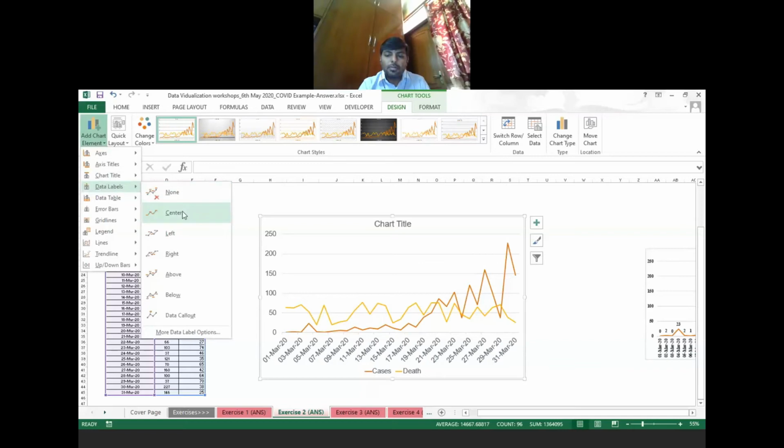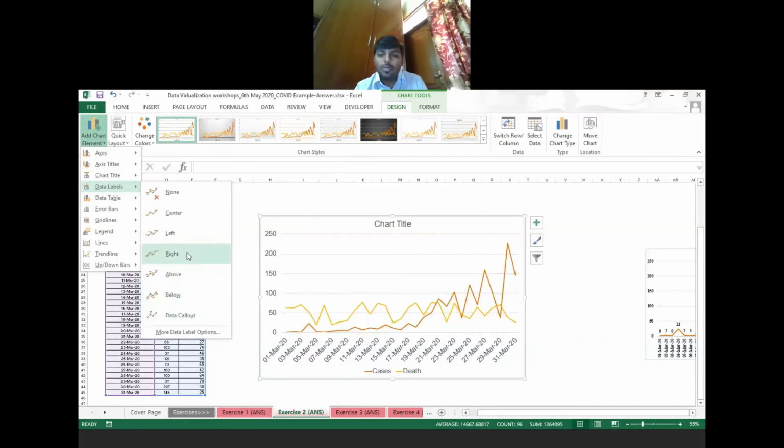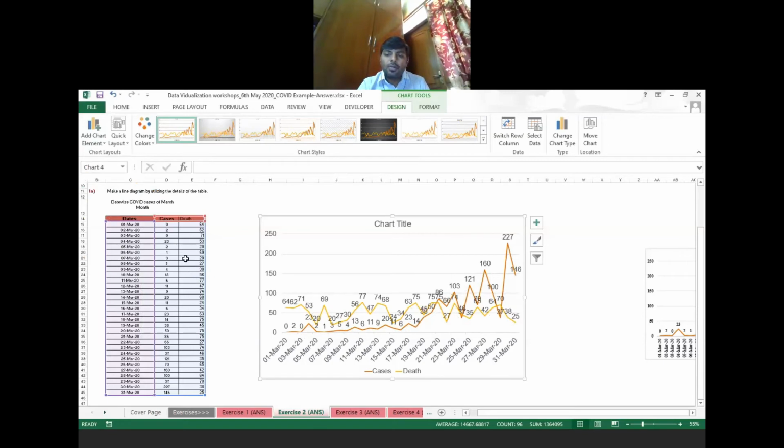From here, you can choose your data labels. There are so many other methods of presentation, whether you keep it in the center or left, right, above, below, data callout, so many. Simply go for the above one, above your exact point. So this is the way of adding data labels.